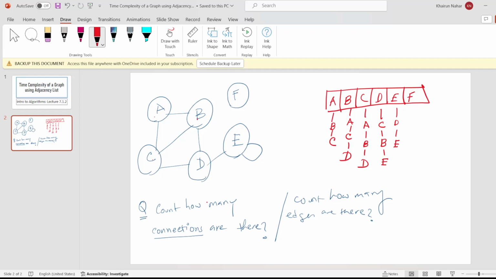Now we are going to find out the time complexity using this list, answering the same question: how many connections are there, or how many edges are there? এবং এই উত্তরটা কিভাবে দিব আমরা একটু দেখি। সো প্রথমে আমরা এই প্রথম ব্লক থেকে শুরু করব এবং এই ব্লকে যতগুলা নোড আছে ঠিক ততগুলা কাউন্ট করব। এগেন নেক্সট আমরা সেকেন্ড ব্লকে যাব, তারপরে সেকেন্ড ব্লকে আমাদের কতগুলা নোড আছে